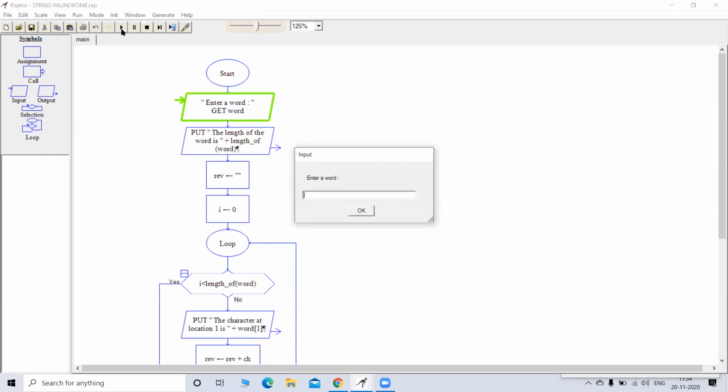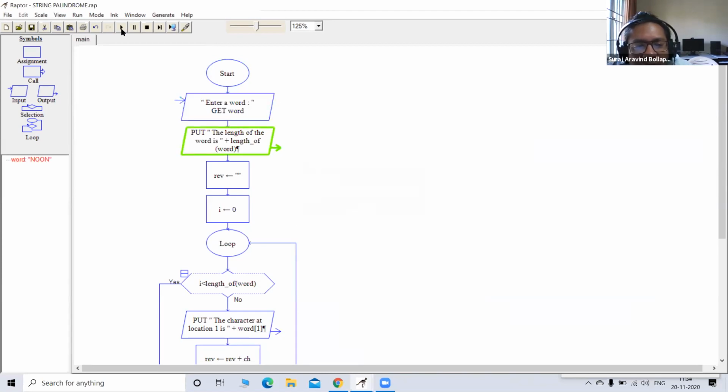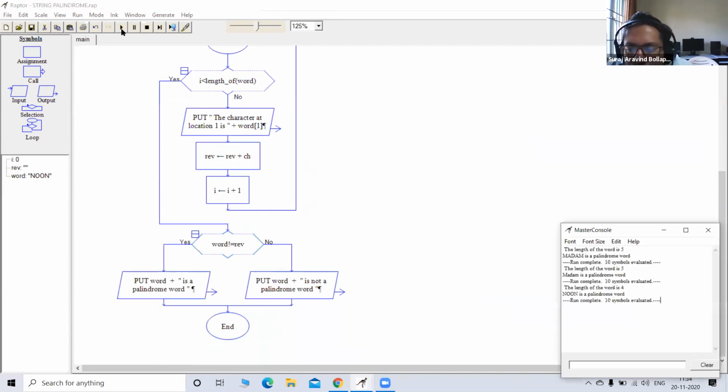Let us say NOON, an even letter word. Noon, sir. Okay, boob, noon, anything. So it worked for odd, then it worked for a combination of lowercase and uppercase. It worked for even numbers.